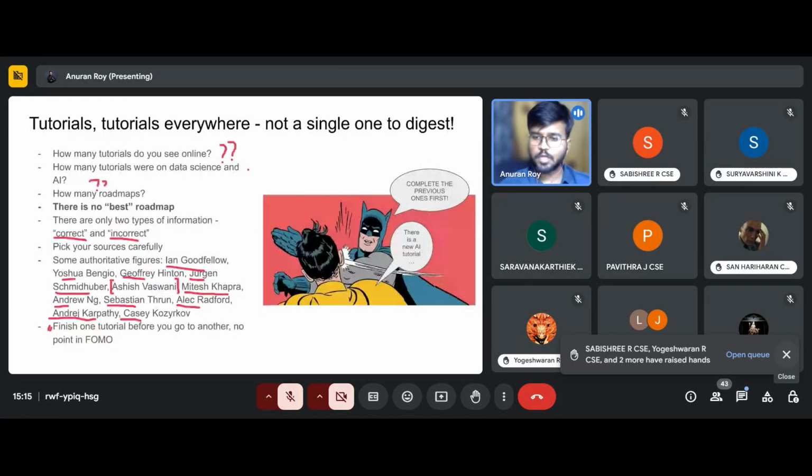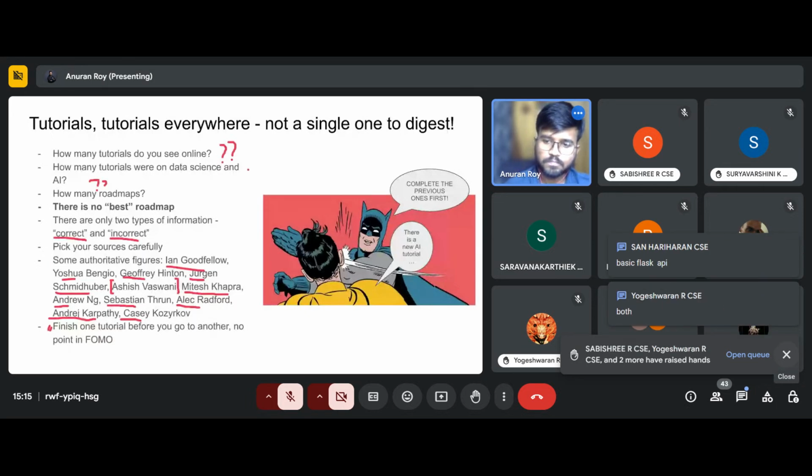And how many of you use Linux and how many of you use Windows? All right.